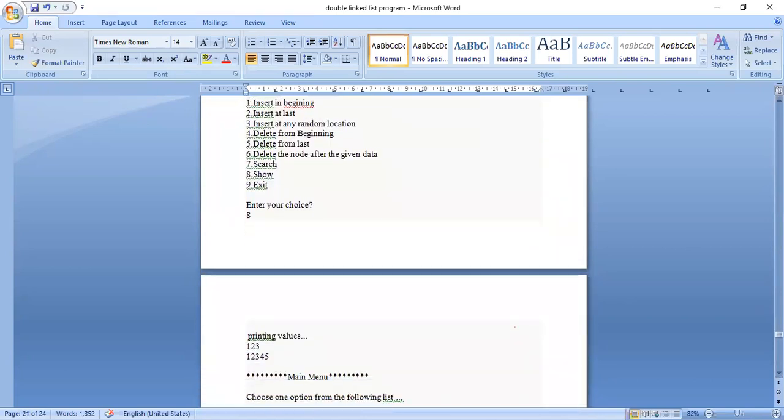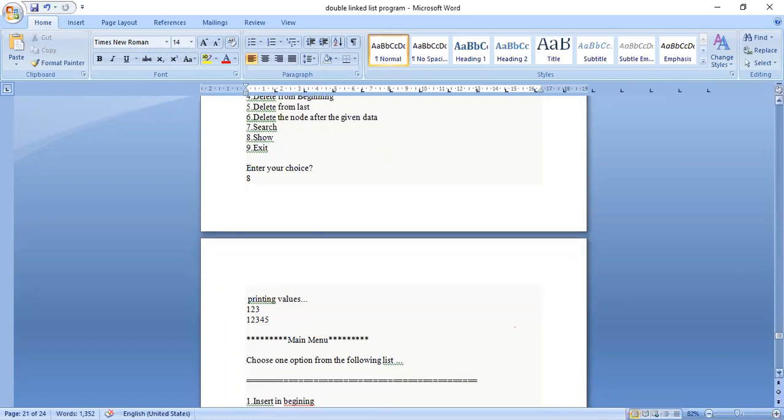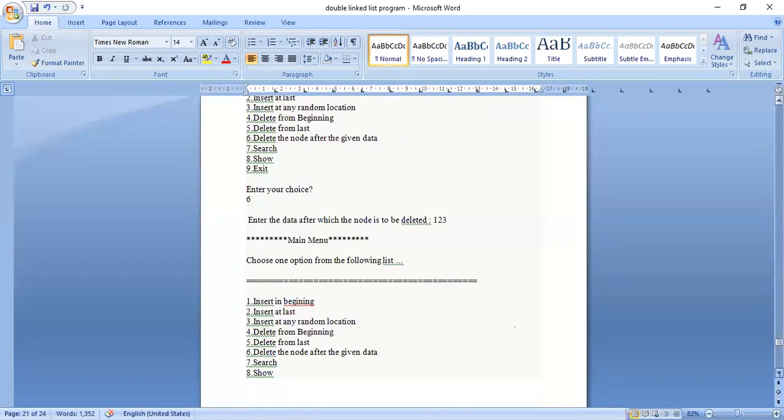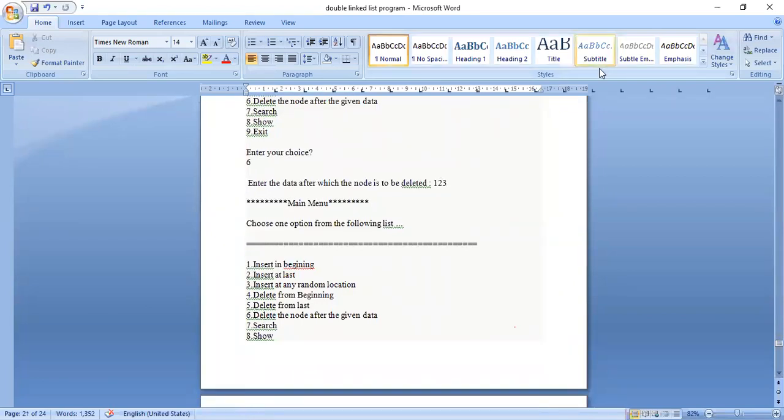So you can see 1, 2, 3, 1, 2, 3. So you can see the output here also. So seeing the output, you can understand things.